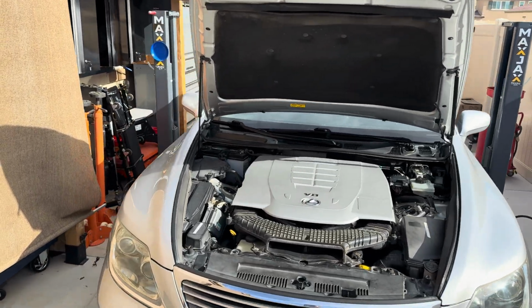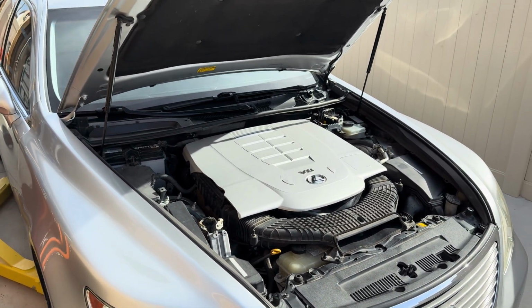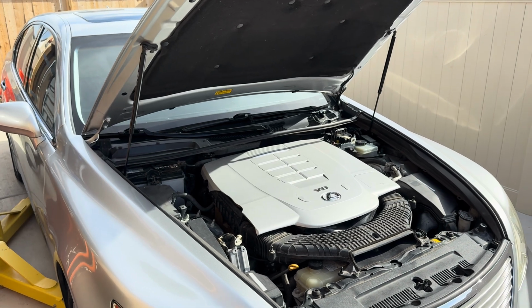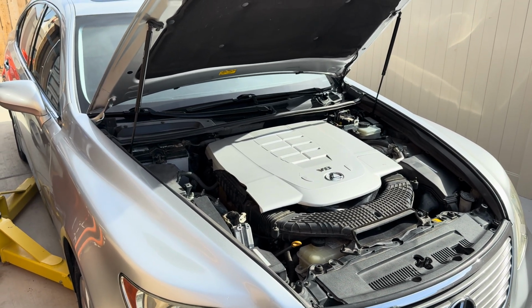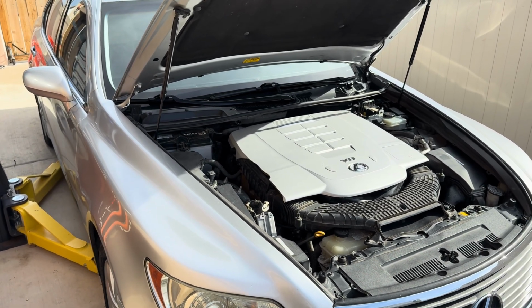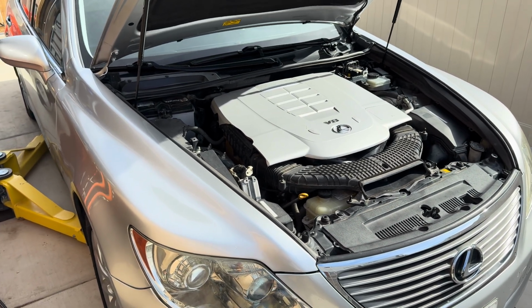It's been 5,000 miles since the last oil change. She drank about 2 quarts of oil in that time. Before, I was drinking about a quart every 1,000 miles. So it's an improvement. It's getting there. I think a couple more oil changes, we will be there. So again, Restore and Protect, it works slowly over time, which is a good thing. We'll take a look inside the oil pan and see what it looks like too when we get it up